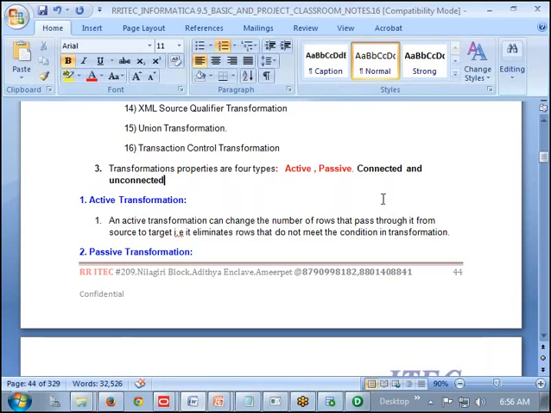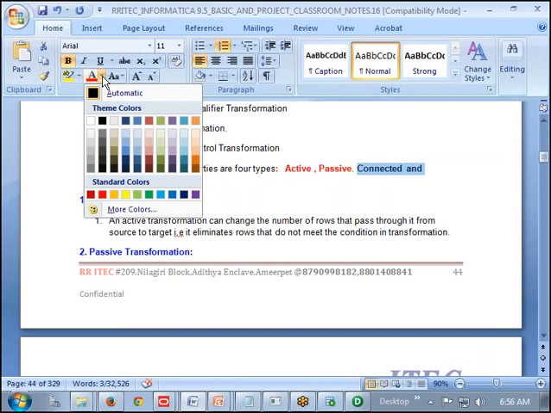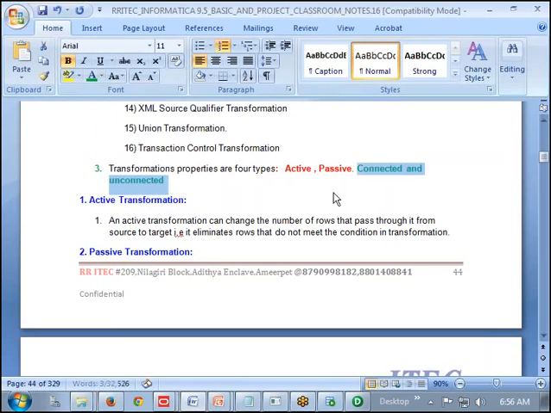Any transformation you take will be either active or passive, or both also. But minimum it satisfies one property. From the other pair also, minimum it satisfies one property. Maybe two also may be satisfied.